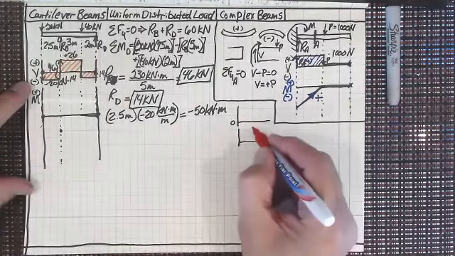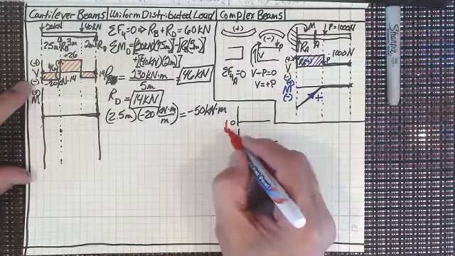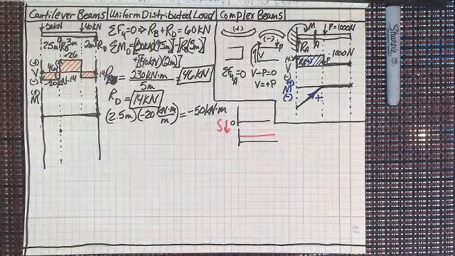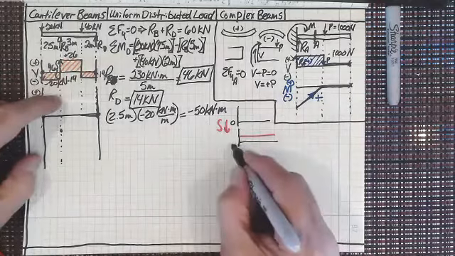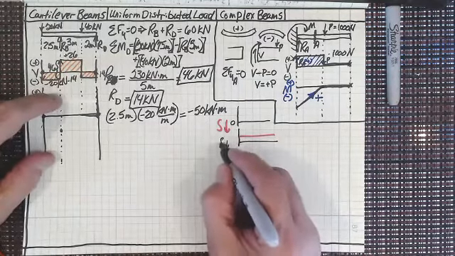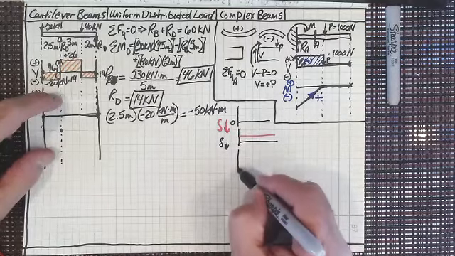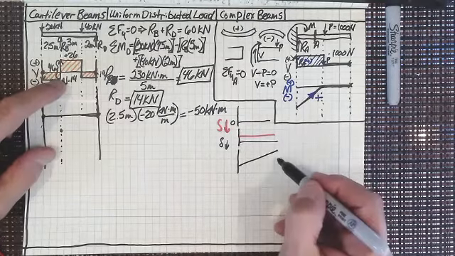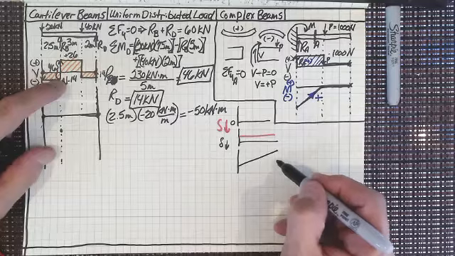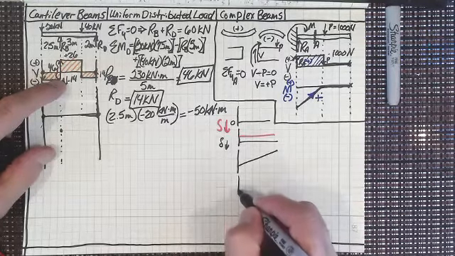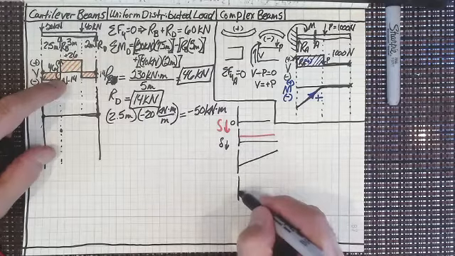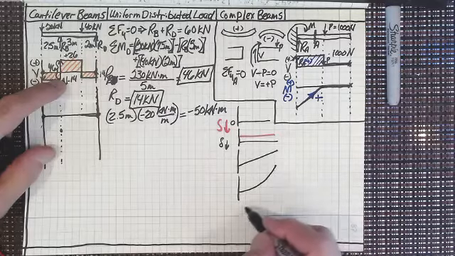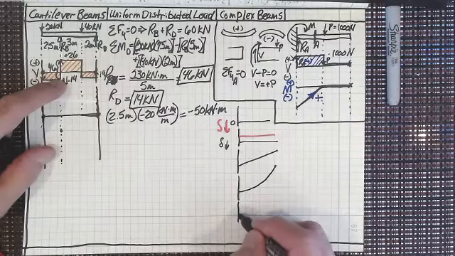So if I integrate, so this going down is an integration, I get a constant, right? I'm using red. And then if I integrate that, I get a straight line, or a polynomial of degree 1. If I integrate that, I get a parabolic spandrel, right? If I integrate that, I get a cubic spandrel,